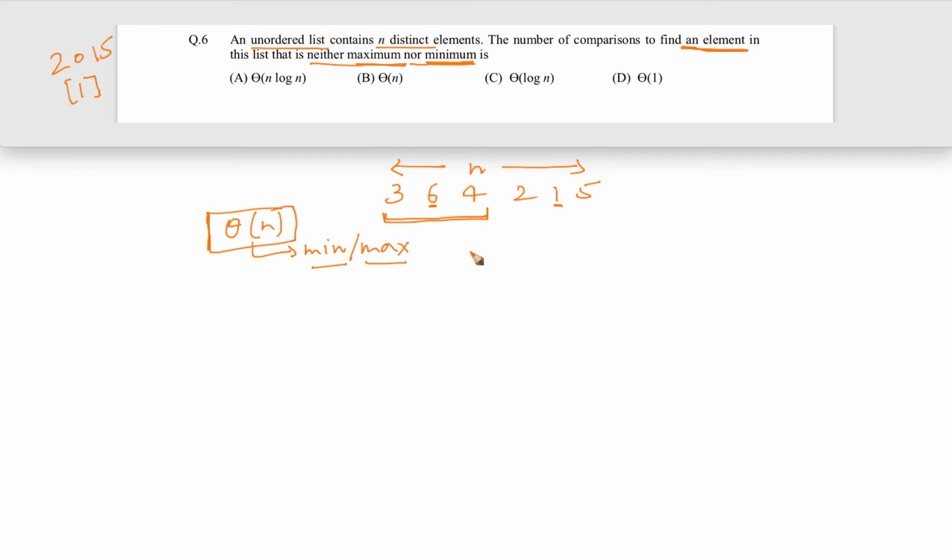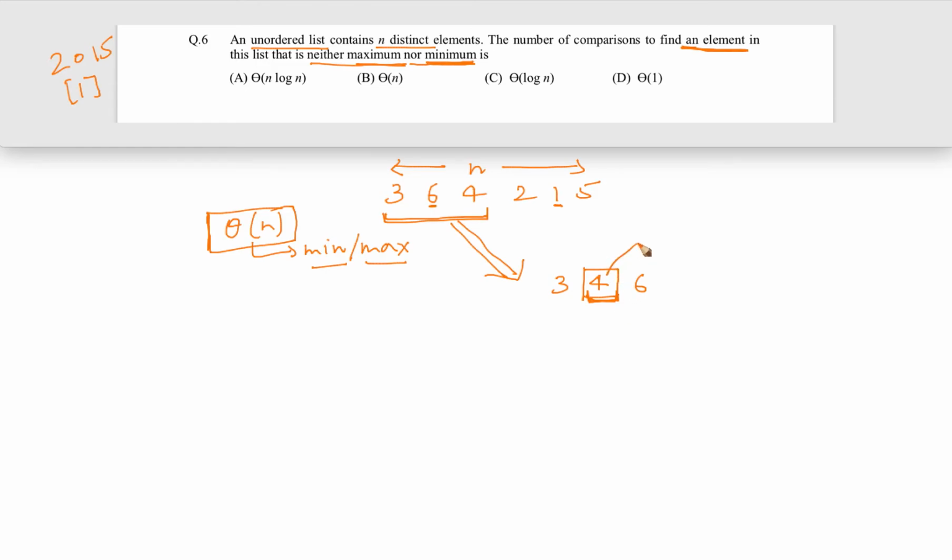You take them, and after that sort them. When you sort them, you get something like 3, 4, 6. After that, whatever is the middle element, you report this as your answer, and that's it.